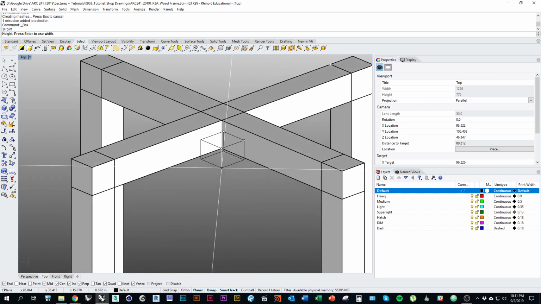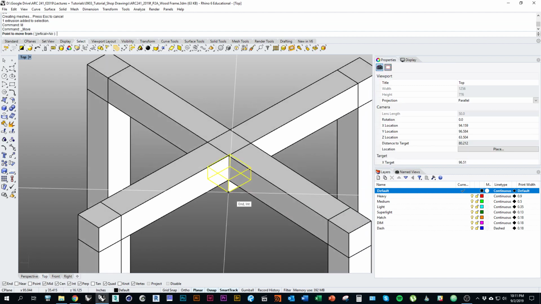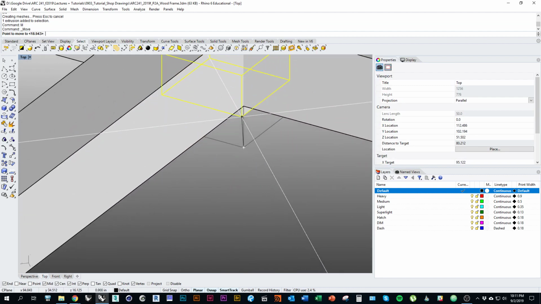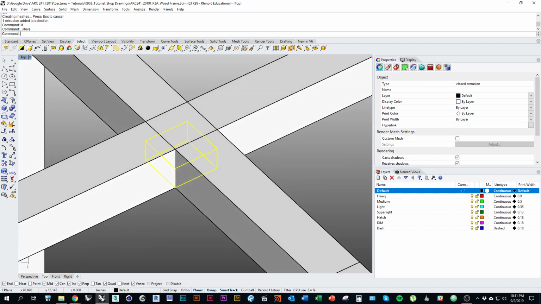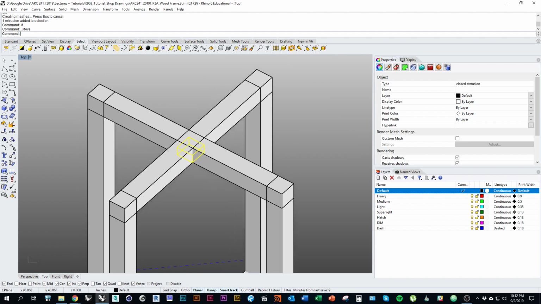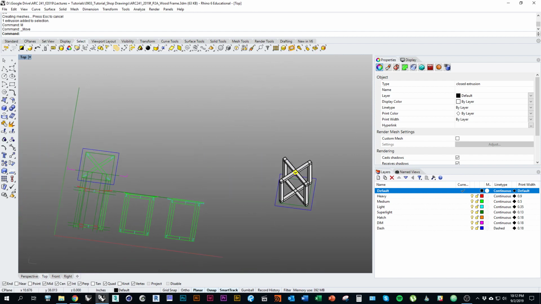But now we need to define the height, and rather than making it the full height, we're going to make it half of the height, which is 5/8. So 5 divided by 8, press enter. Actually, for some reason it drew it downward, so I can just hit move. And again, make sure you're snapping to the endpoints. The number one way that models get screwed up is snapping to the wrong points or not using ortho. Okay, so now if I reference my drawing again,